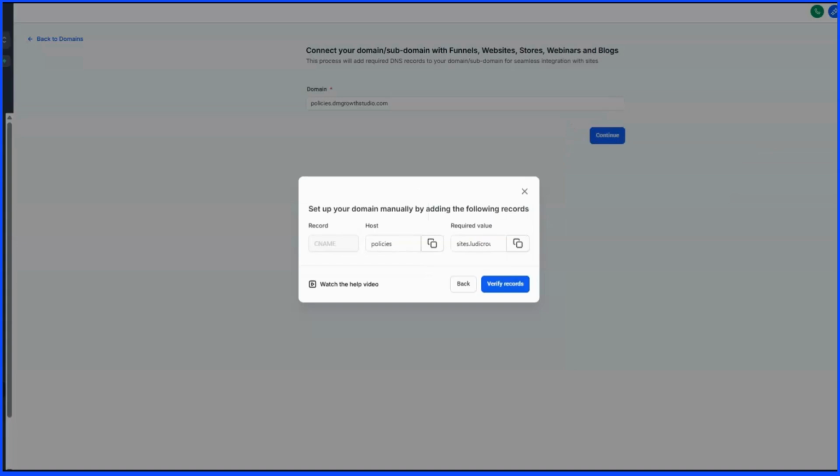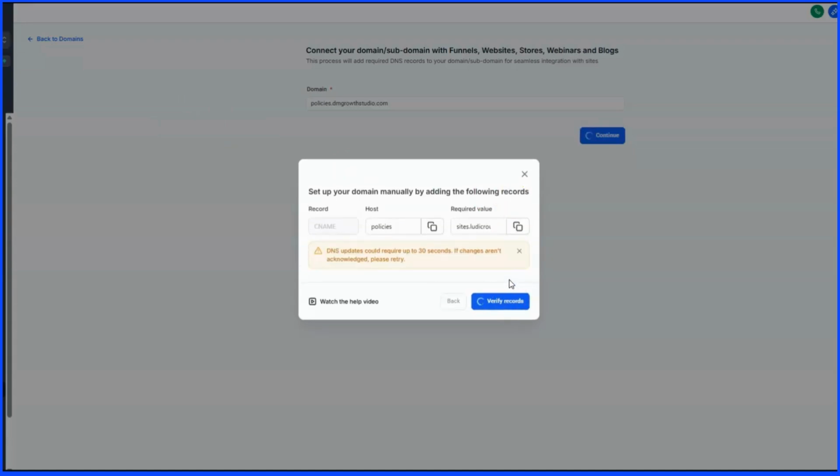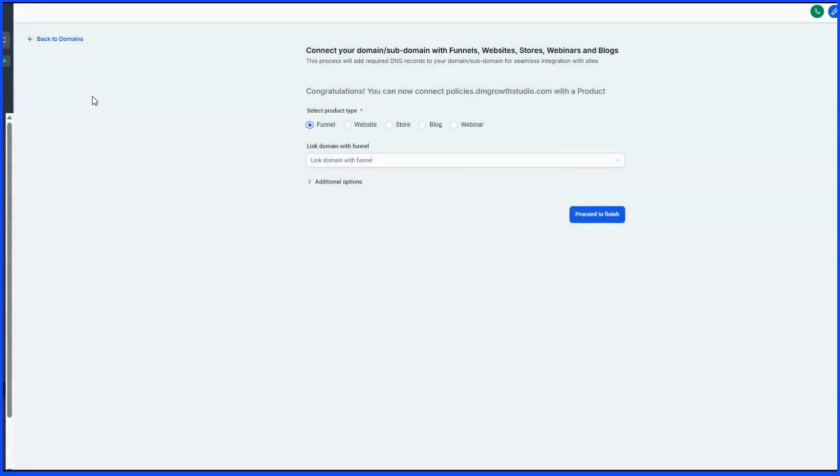verify those records. So we're back in HighLevel, and I've given it just a moment. So from here, all we need to do is click on Verify Records. And once it's able to verify, this little pop-up box here is going to go away. Let's see. Typically, it refreshes pretty quickly. We'll give it just a moment. There we go. Perfect. And so now we've not only created a subdomain, we've connected it to basically where our